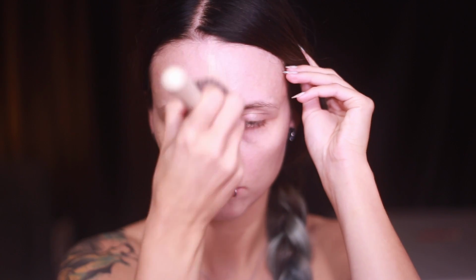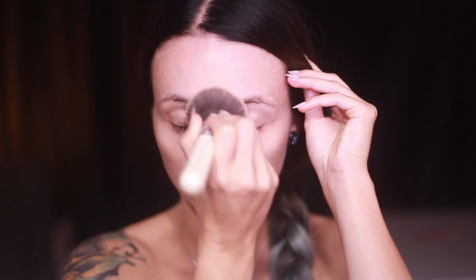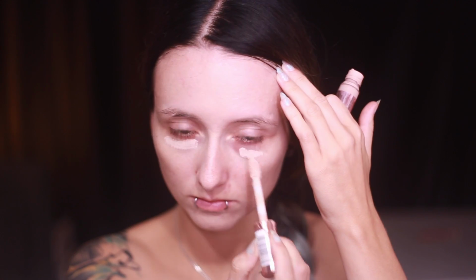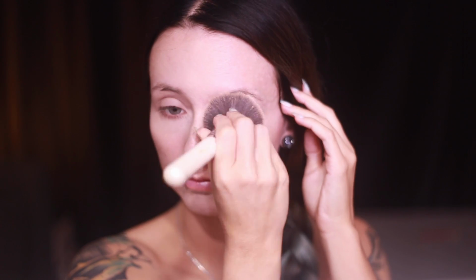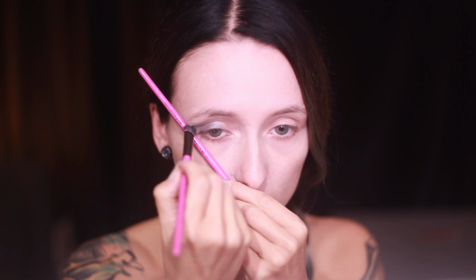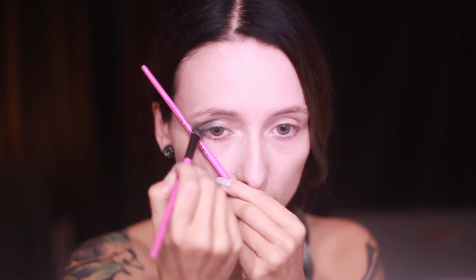Then I'm continuing with the makeup. First of all, I'm applying some foundation and concealer to create an even base. Then I'm doing a simple smoky eye by applying some dark grey eyeshadow to my crease and a lighter shade